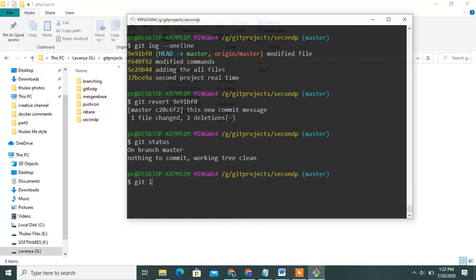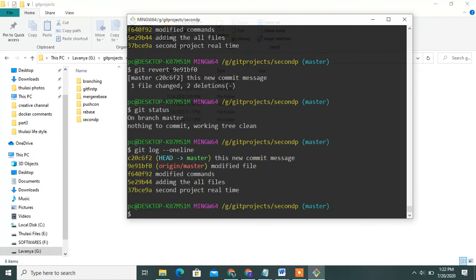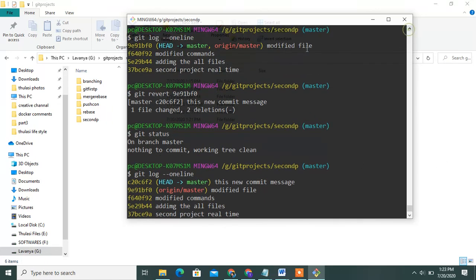Git log --oneline. See, the commit message is same, the commit ID is same, then the commit message is extra, and the commit ID is extra. This commit ID is extra, stored only in local histories. It is not stored in working or staging.